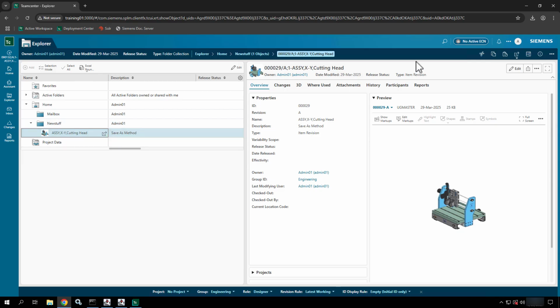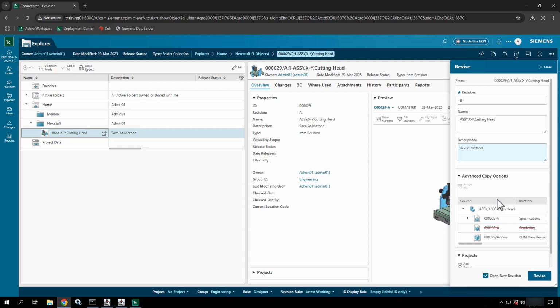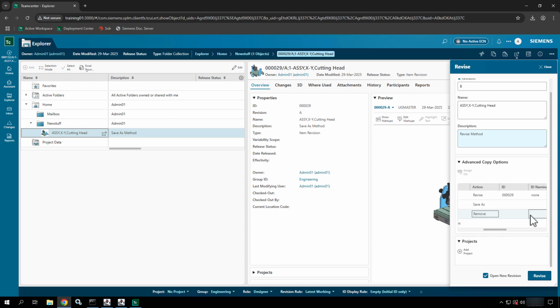Now, since I own this top level assembly, I can come back in here and choose new revise on it, give it the B, add the description. We'll modify this and say revise method. We could do the advanced copy options. In this case, I do want to change this. I want to reference the latest version of that direct model data set, and then it should bring down